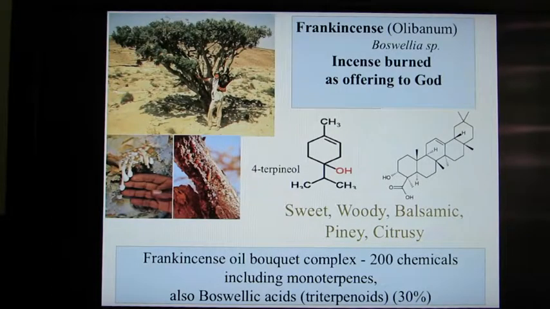Okay, finally, I'd like to mention frankincense. Again, this is a resinous type essential oil. The resin is obtained from wounding the tree and then ground up and steam distilled. 4-terpineol is in the essential oil shown here. There are over 200 chemicals of different mono and diterpenoids. And this very large structure shown on the right is boswellic